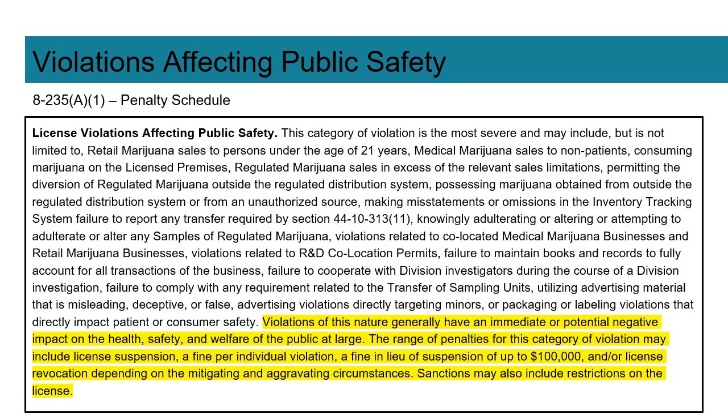This category of violation is the most severe and may include, but is not limited to, retail marijuana sales to persons under the age of 21 years, medical marijuana sales to non-patients, consuming marijuana on the licensed premises, regulated marijuana sales in excess of the relevant sales limitations, permitting the diversion of regulated marijuana outside the regulated distribution system, possessing marijuana obtained from outside the regulated distribution system or from an unauthorized source, making misstatements or omissions in the inventory tracking system, failure to report any transfer required by Section